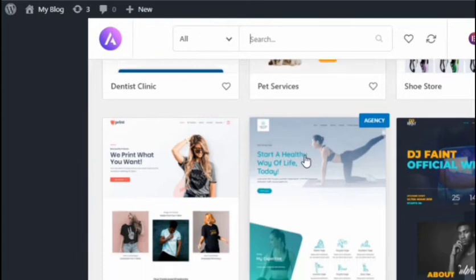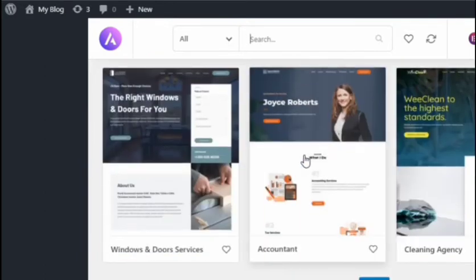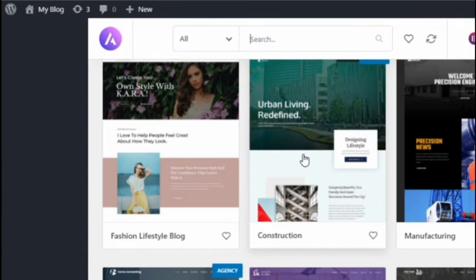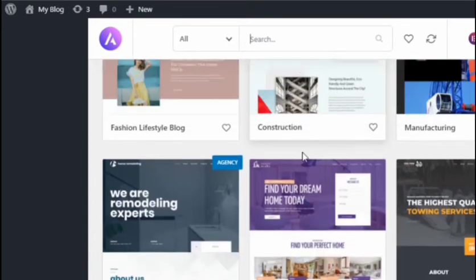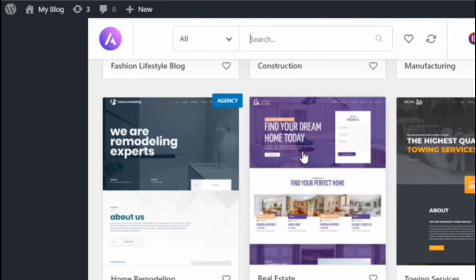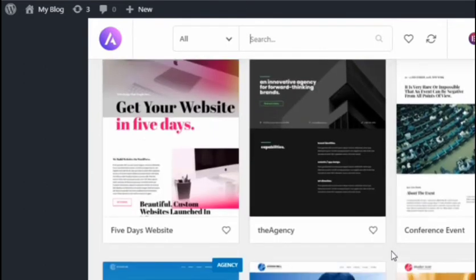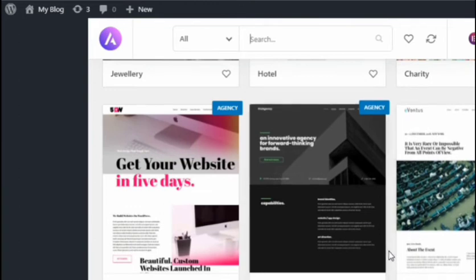Because if I'm going to choose something like a fitness, diet and health kind of website template, and I'm not able to change it according to my business, which is related to an internet marketing agency, then it will be really hard, right? It won't suit my website theme, so it won't suit my niche first.